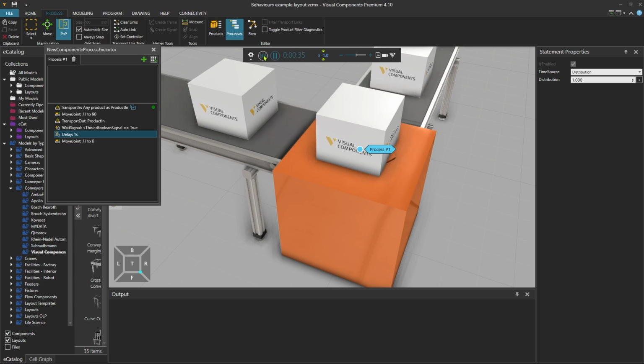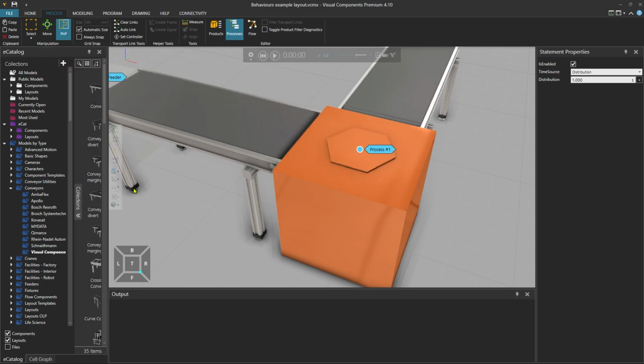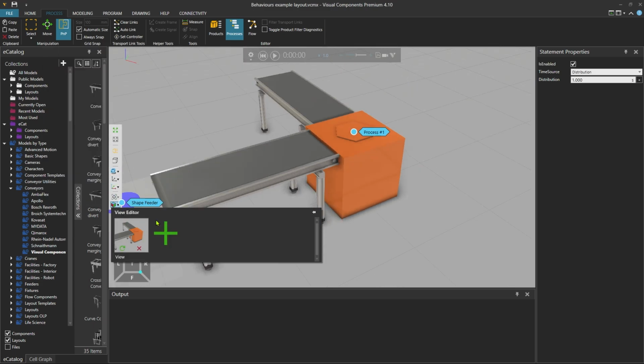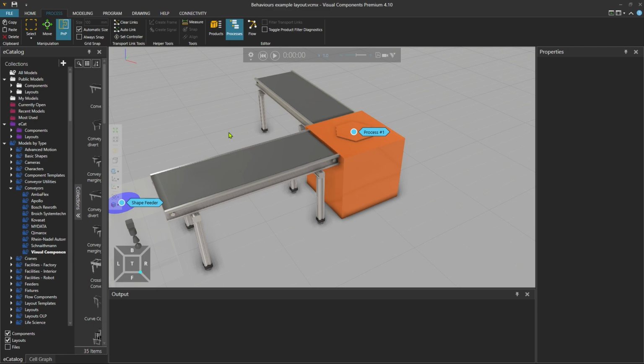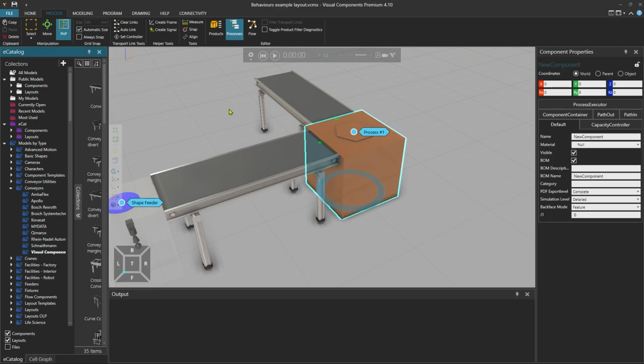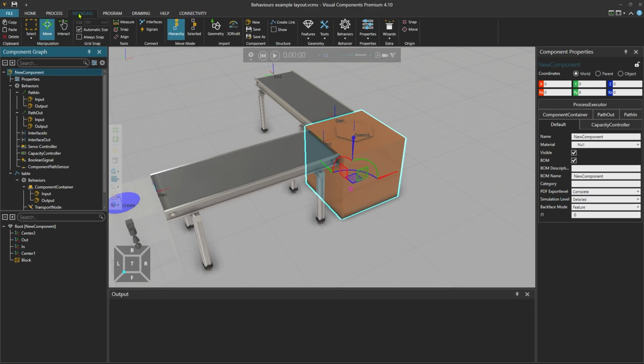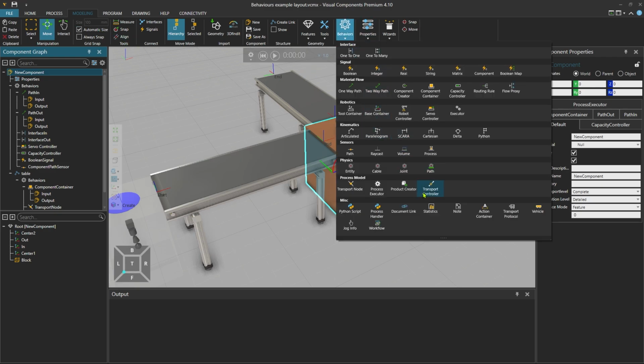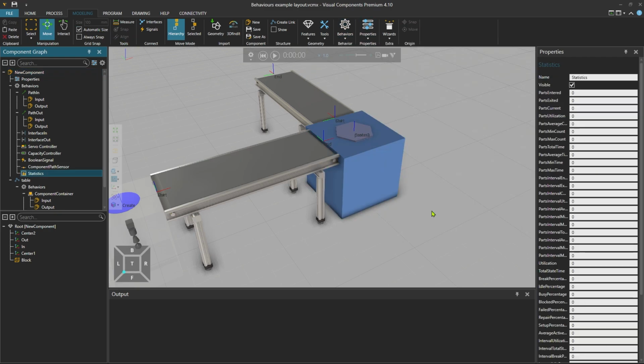So now resetting the simulation, last but not least, most components should have statistics from which we can see the performance of the machine and the product flow through the machine. So in the Modeling tab, from Behaviors, we will add a statistics behavior to the component.